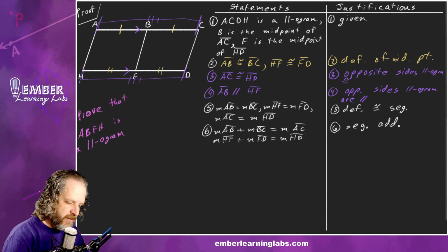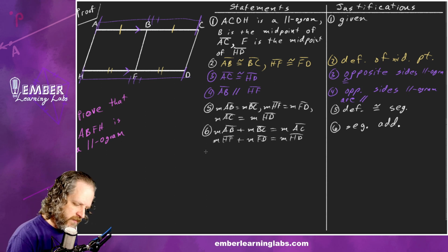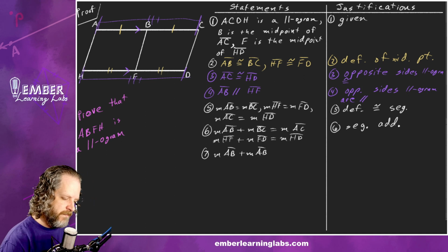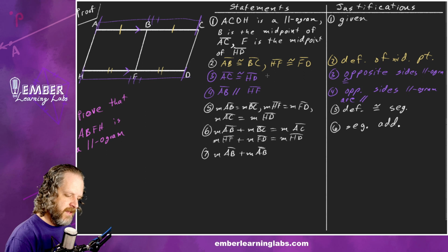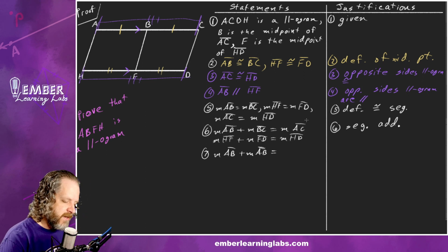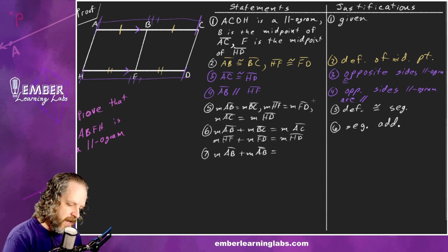We want it to be AB, so we can turn this BC into AB because of this right here, right? So let's start writing stuff. So 7, we've got the measure of AB plus the measure of AB, right? Substituting this AB in for BC equals, and we're going to make these the same. We said we're going to make them both HD. So we're going to take and substitute this one into this one, right? So this turns into the measure of HD,